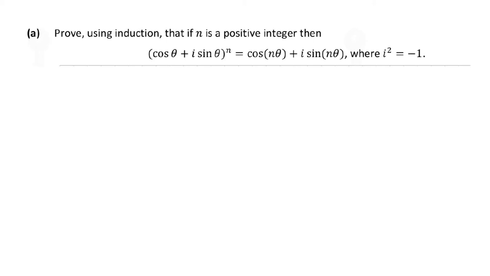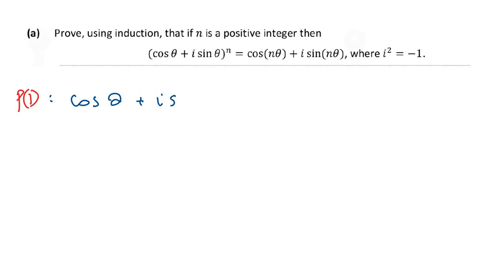Here I'm going to be answering a past paper question proving de Moivre's theorem by induction. It came up in 2018. As with all induction questions, the first thing we do is test the first case. In this case it's n equal to 1, but that is the (cos theta